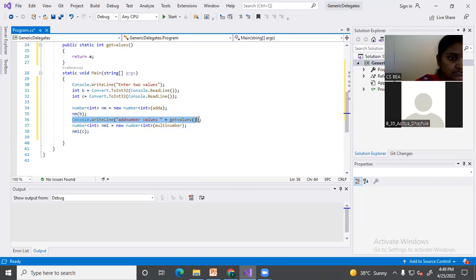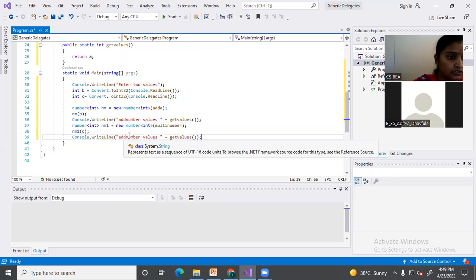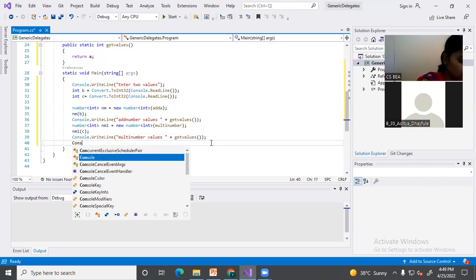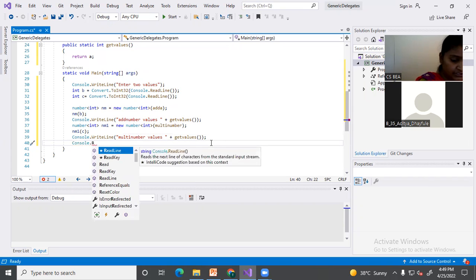Take these conditions as well as it is. Just I will write here, instead of multi number, I am taking as get value. Okay, so get values simply. Now console dot read key,